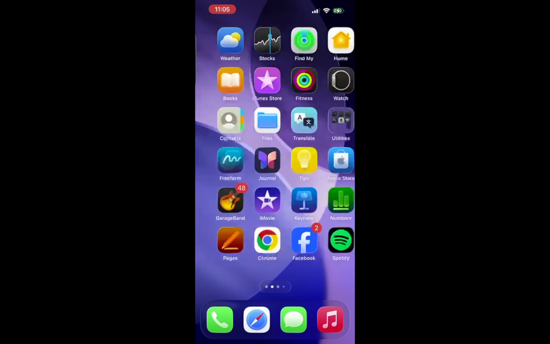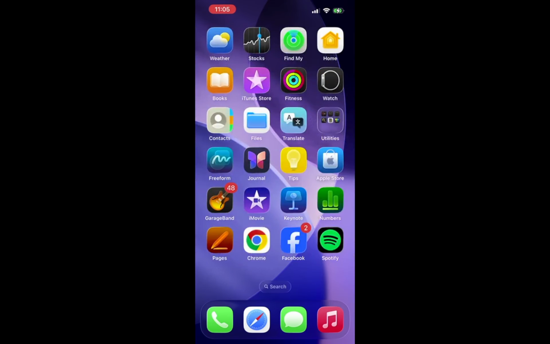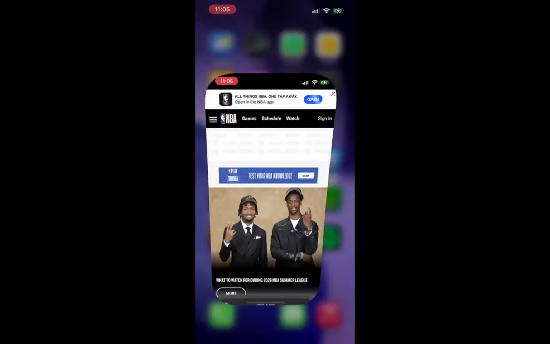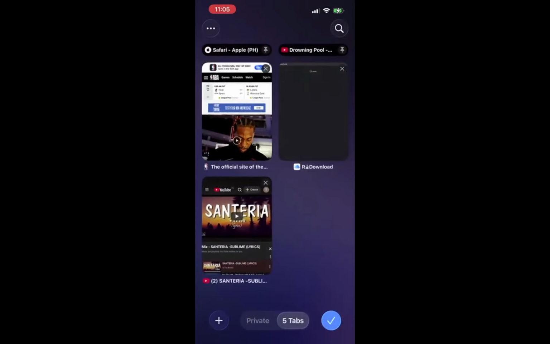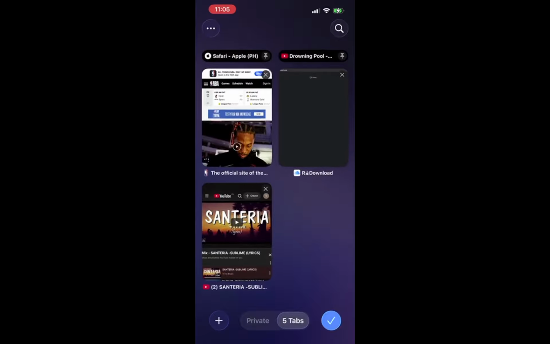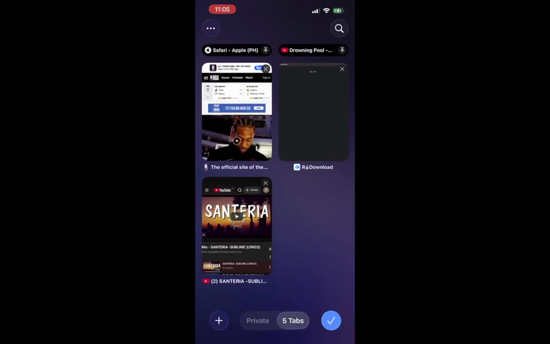First, you'll want to open the Safari app on your iPhone. Locate the Safari icon on your home screen. It looks like a blue compass. Once you tap it, the app will load, revealing your current browsing session. This is an important first step because it sets the stage for all your browsing activities. Once the app is open, you can access the various tabs and features that Safari offers.